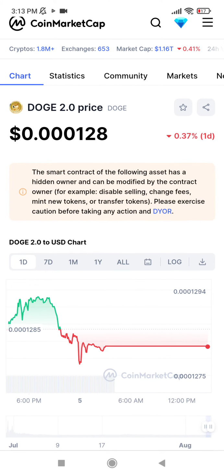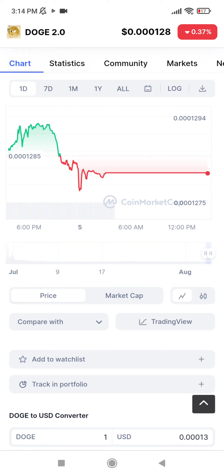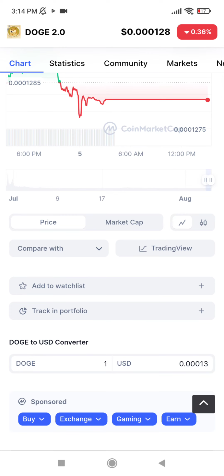Doge 2.0 introduces significant changes, employing a proof of stake consensus method and a decentralized governance protocol, and this shift enables users to earn income by staking rather than mining and empowers them to propose and vote on governance matters